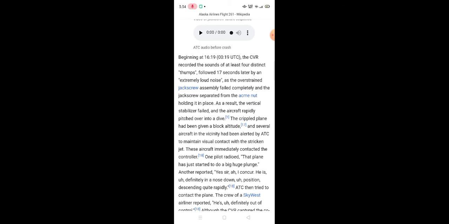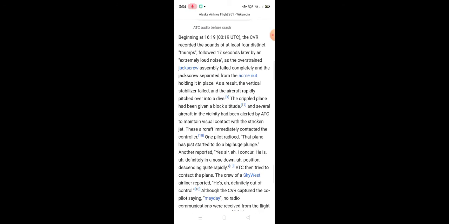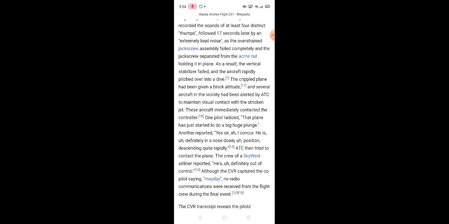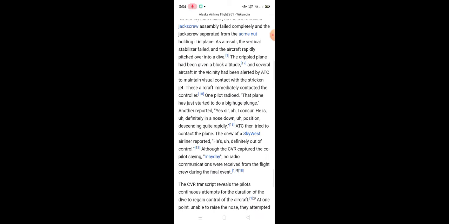ATC then tried to contact the plane. The crew of a SkyWest airliner reported he's definitely out of control. Although the CVR reported the co-pilot saying Mayday, no radio communications were received from the flight crew during the final event. The CVR transcript reveals the pilots' continuous attempts throughout the dive to regain control of the